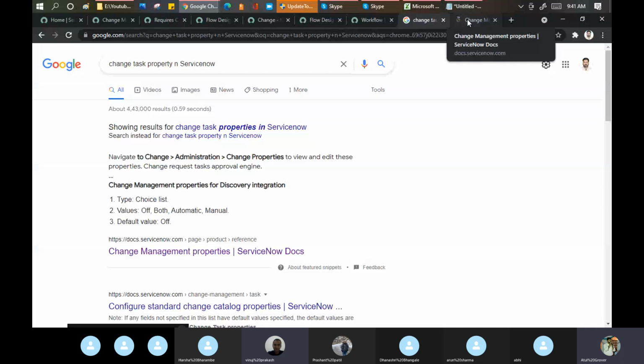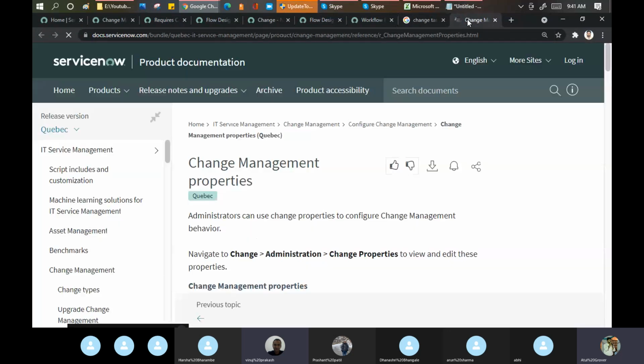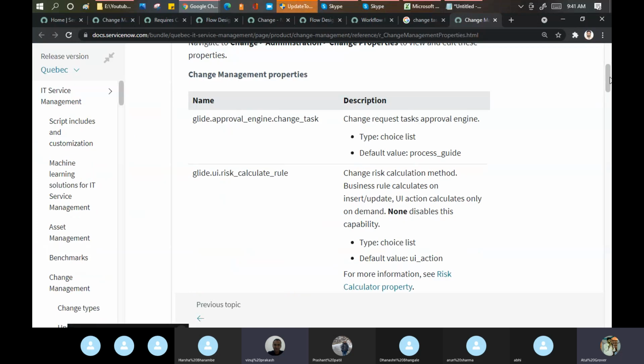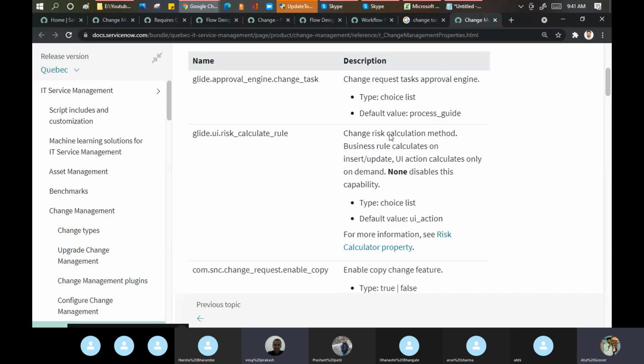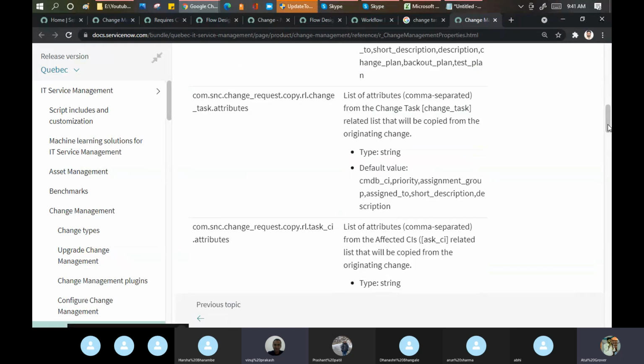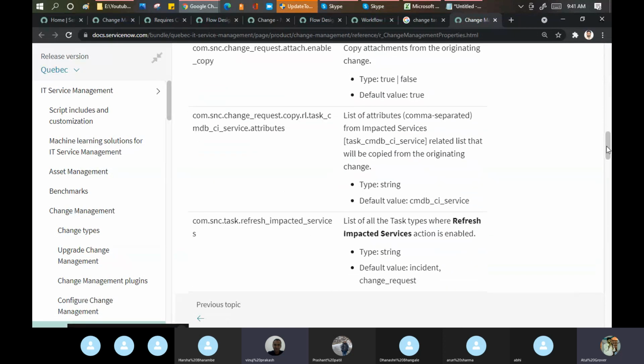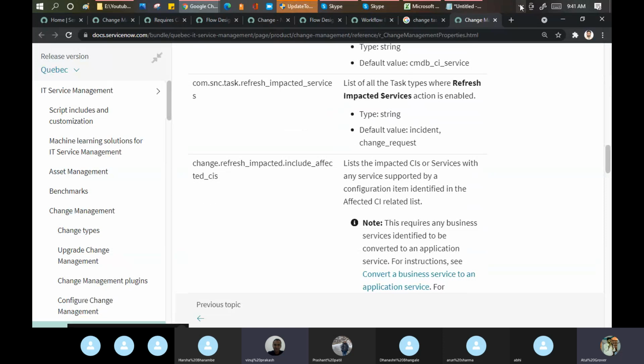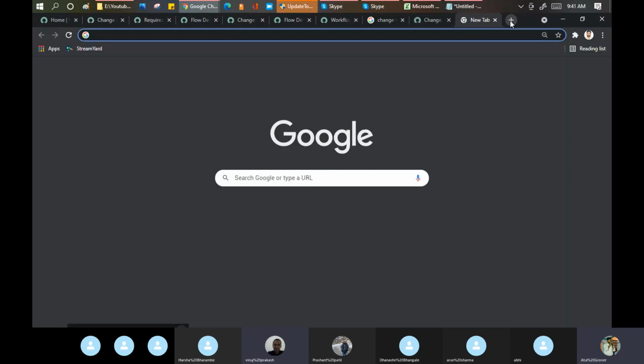Because now you guys need to do the deep dive. This is what I have given to you. Now you tell. Yes, choice process, choice list. This is not the approval engine, no. Just say yes or no.